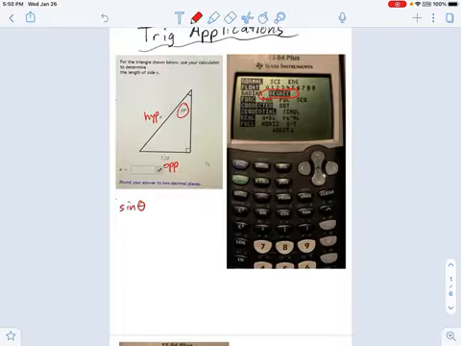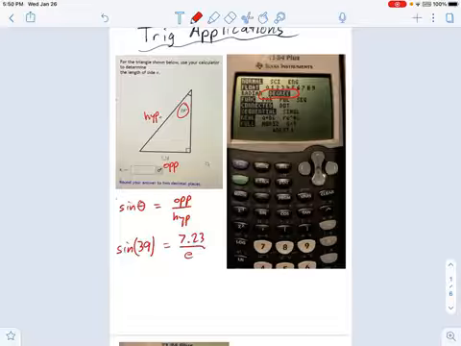And I hope you're thinking of sine of theta. Okay, sine of theta equals opposite over hypotenuse. So I want you to make an equation similar to what I just wrote down here. Sine of theta, for us, that's going to be sine of 39 degrees equals, well, opposite is 7.23 divided by E. Look at that. I've got one equation, one variable. I know I can solve this. So I just need to juggle some things around. I'm going to multiply each side by E. That gives me E times sine of 39 equals 7.23.